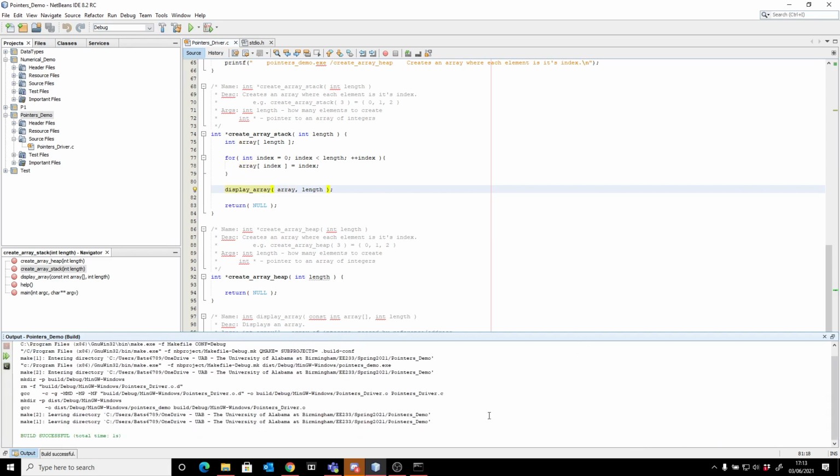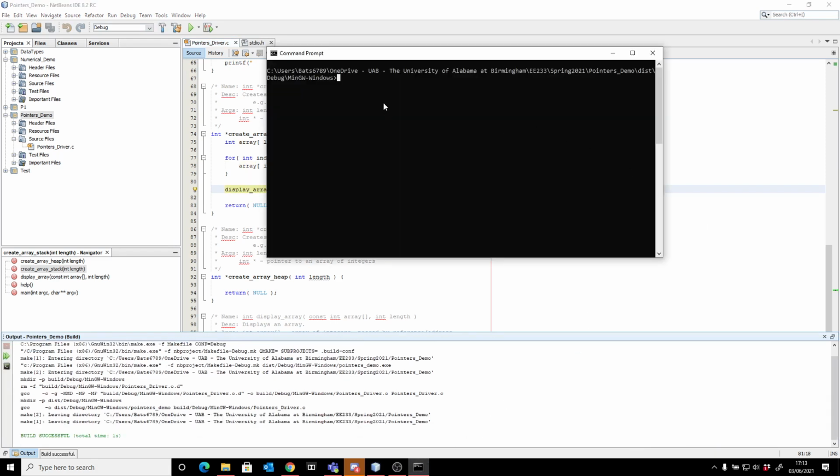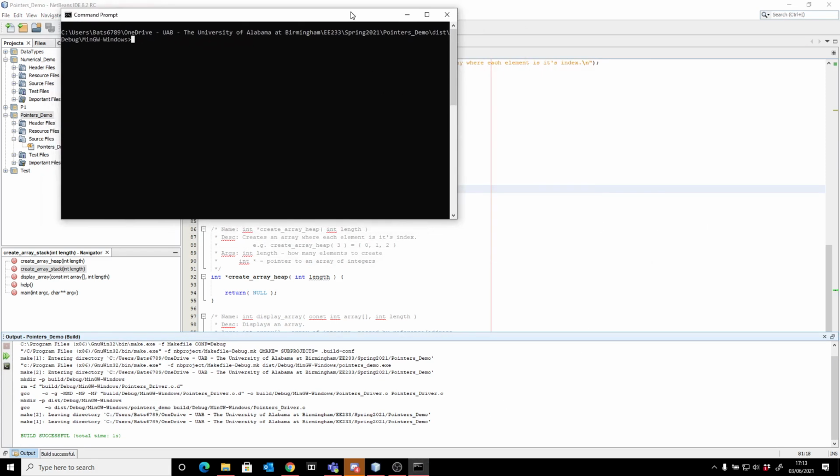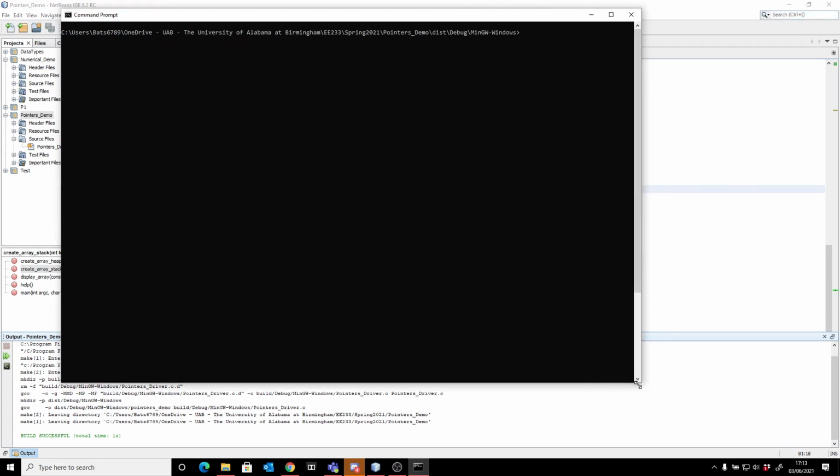So build, and I already have the command prompt in the proper directory. I'm going to make this a little bit larger. And let's go ahead and run our example. Print. There we go. It's giving me a little bit of issue after I resized it. So pointersdemo.exe,